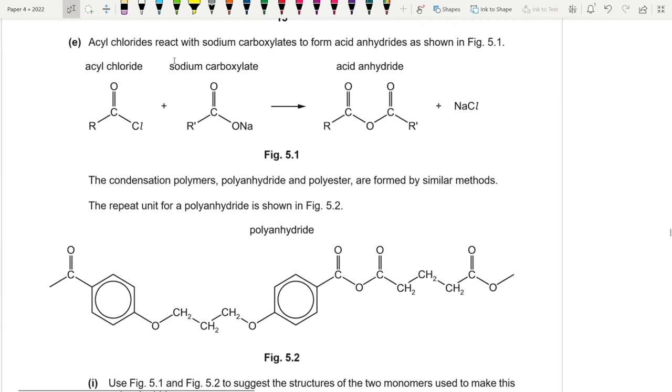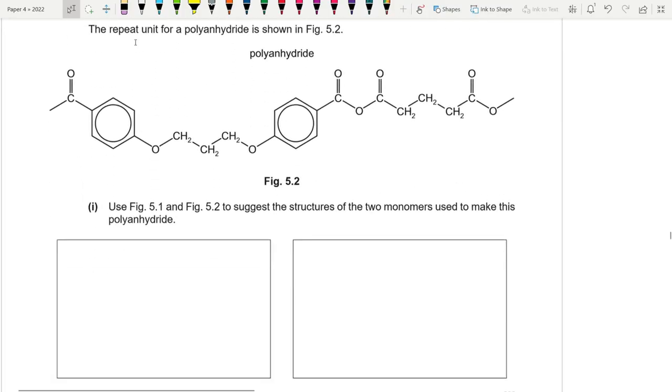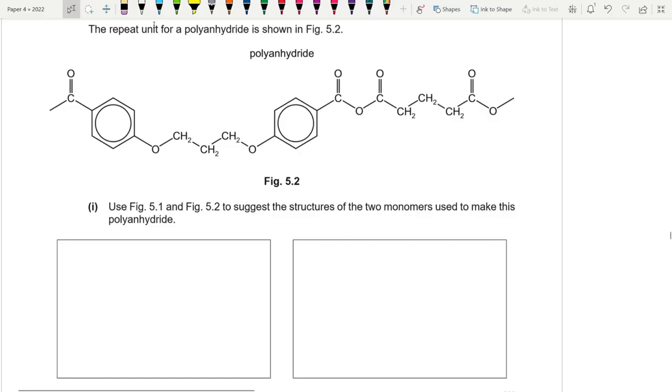Acid chlorides react with sodium carboxylates to form acid anhydrides, that's shown, okay? That's basically an ether bond. The condensation polymers, polyanhydride and polyester, are formed by similar methods. The repeat unit for polyanhydride is shown, okay? Suggest the two monomers used. Pretty simple, straightforward. So the acid anhydride actually has an R group on each of its ends. And this is basically